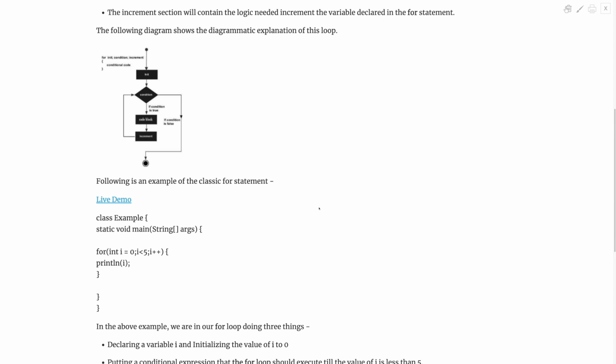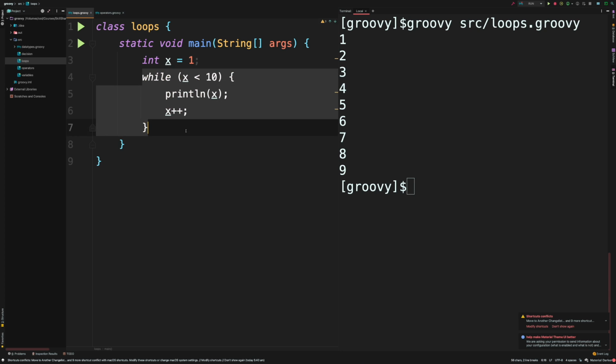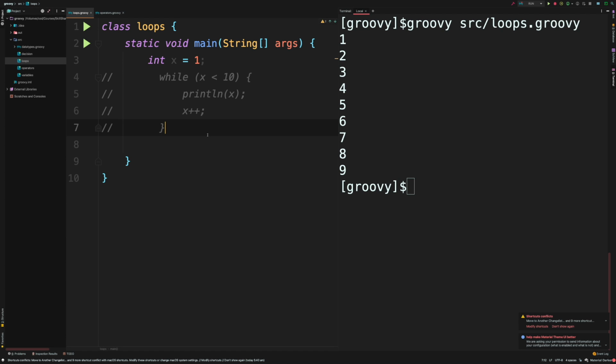Back to IntelliJ, and let's try it out. I'm gonna clear this out. Not gonna remove it, but I'm just gonna leave that here commented. And I'm just gonna use the IntelliJ feature to actually hide that. All right, we don't really need this bit as well, so I'm just gonna hide that part as well.